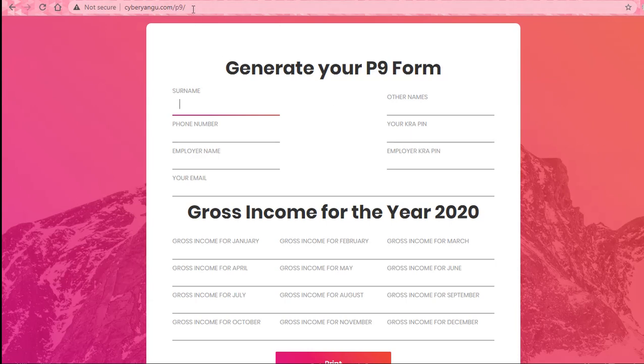This is a tutorial on how to simply make your own P9 form so that you can use that for your KRA returns, for those who are self-employed or something like that. So log into